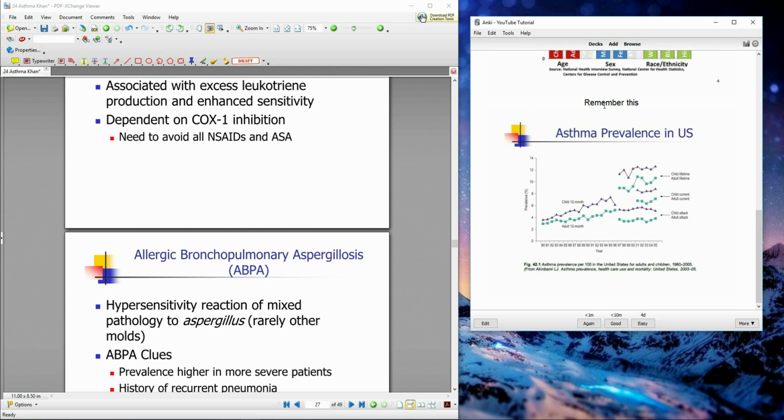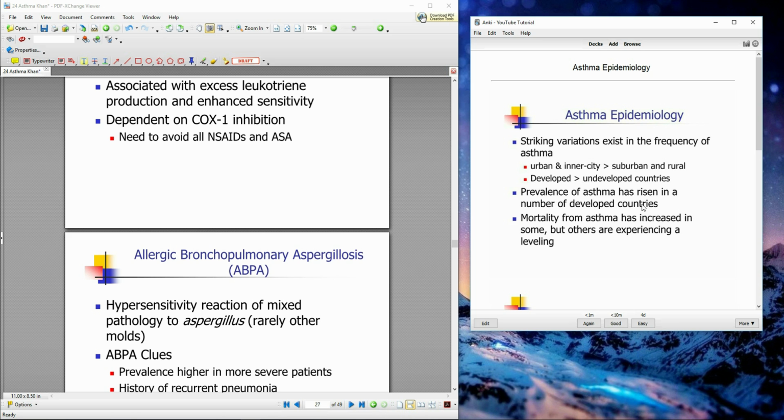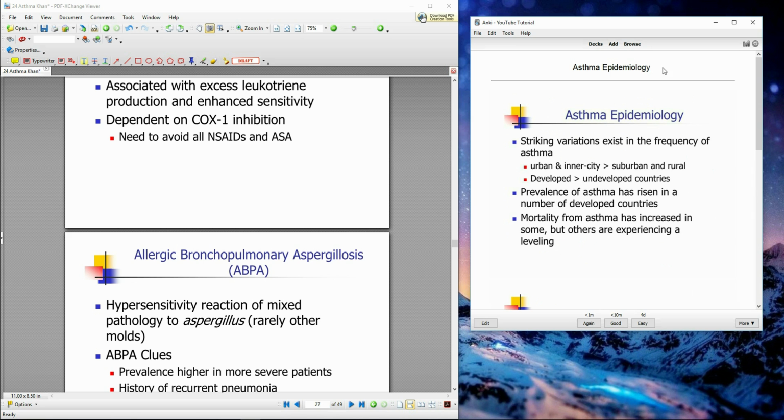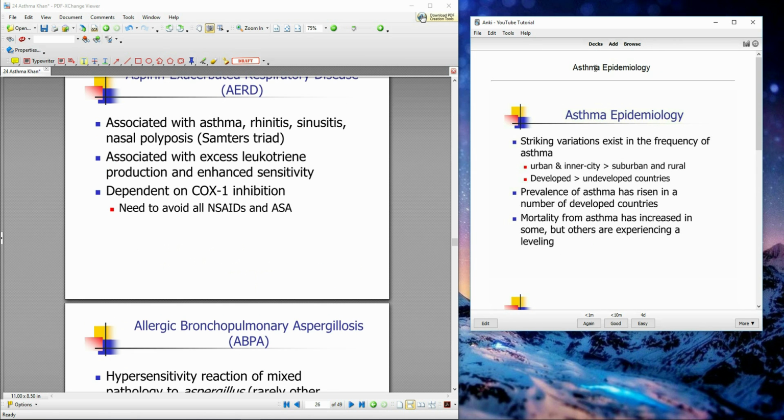Here's that example text that we added just for this slide. What I like to do is go from big idea to small idea. Usually I write these in the form of a question. I think we wrote, what are the triggers for asthma? So I would write, explain to me the epidemiology of asthma in this part, and then I would try to